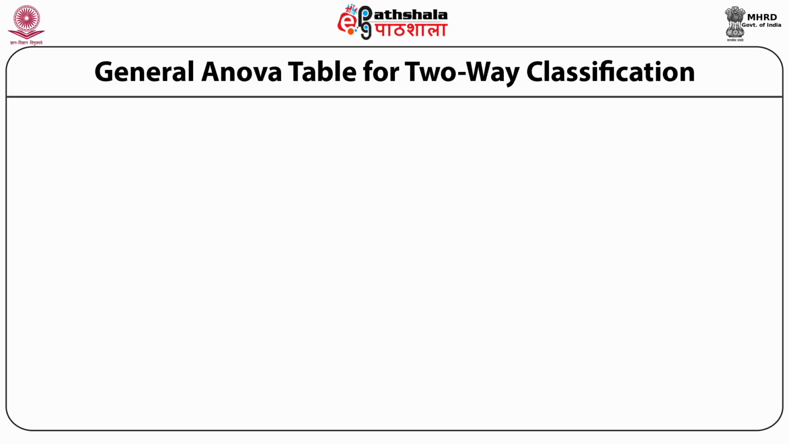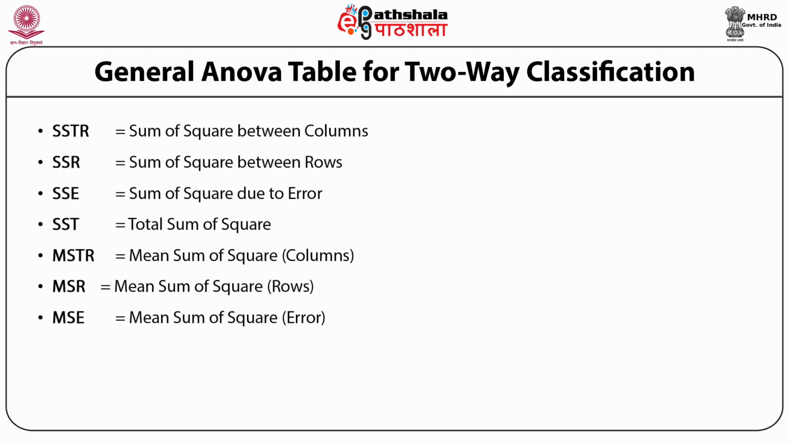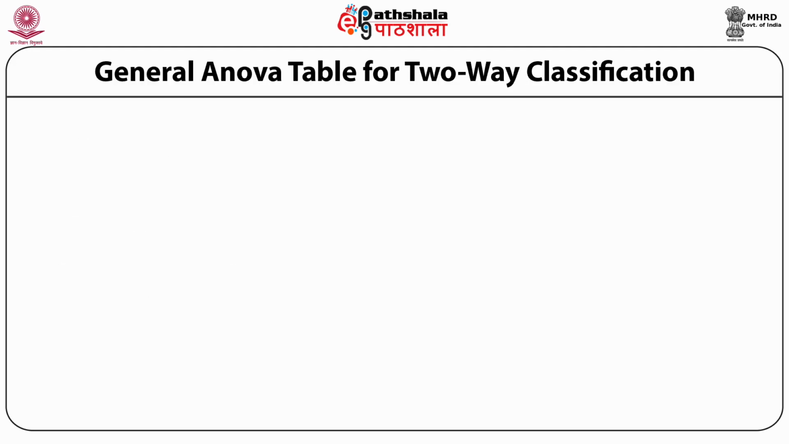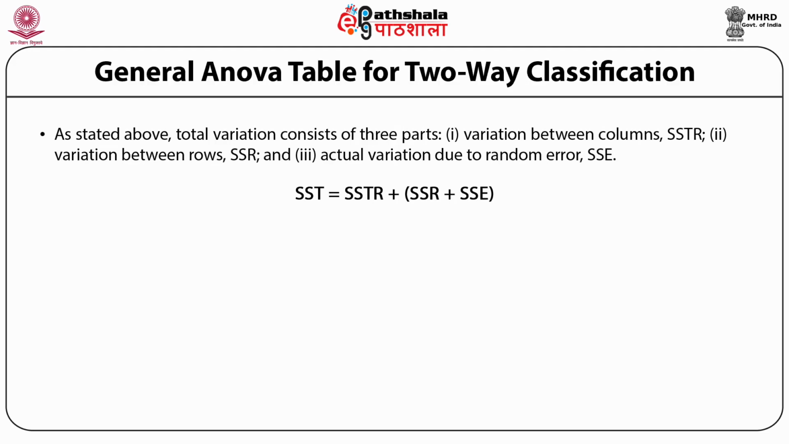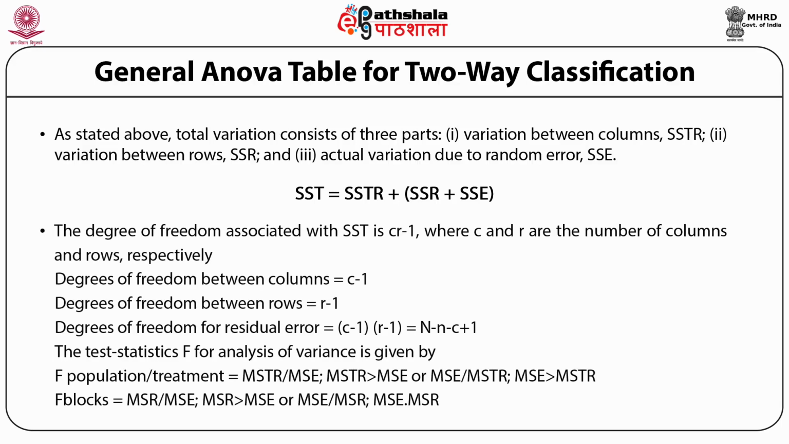Here you can see MSTR, I have already told you, is the mean sum of squares, and MSR is the mean sum of squares of rows, and MSE is the mean sum of squares of error. So, the total variation consists of three parts: variation between columns, variation between rows, then actual variation due to random error. The degrees of freedom associated with SST is CR minus 1, where C and R are the number of